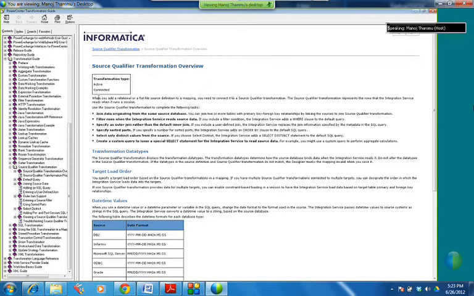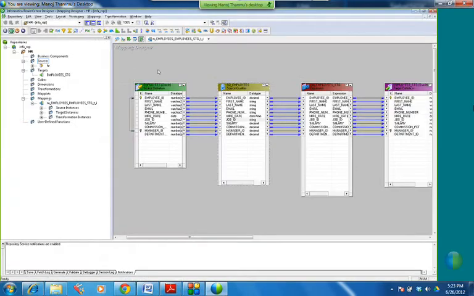The source qualifier transformation is a default transformation. When you add a relational or a flat file source definition to a mapping, you need to connect a source qualifier transformation. What is relational? Relational is something which is a database, right guys? What is a flat file?